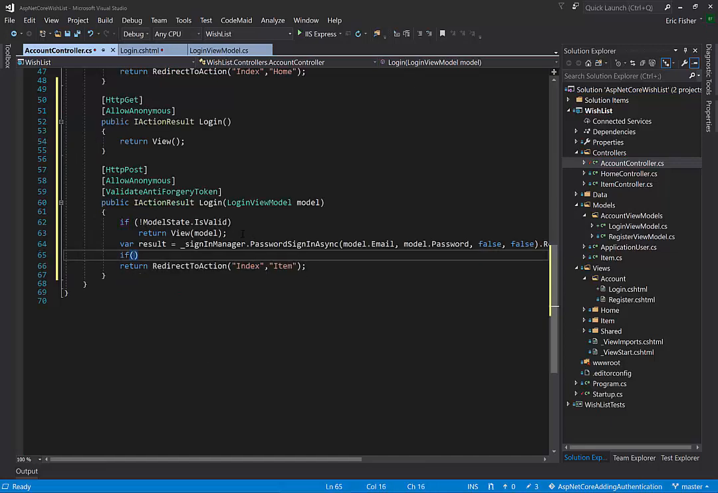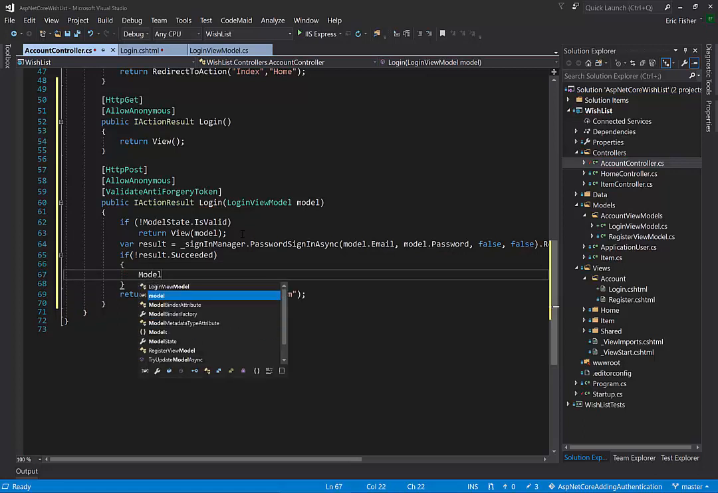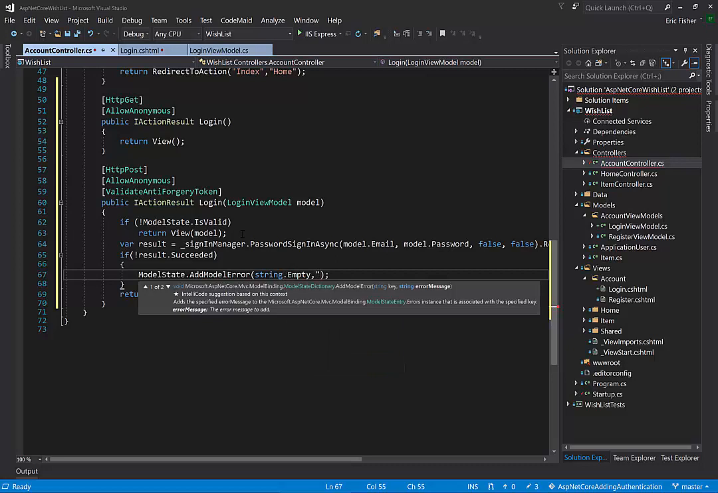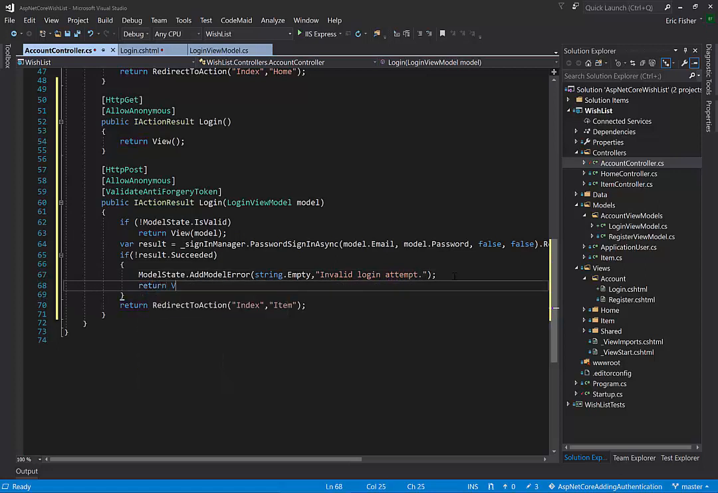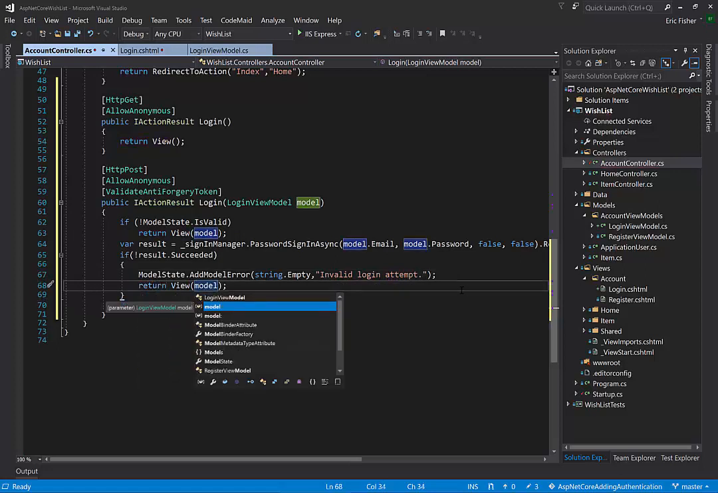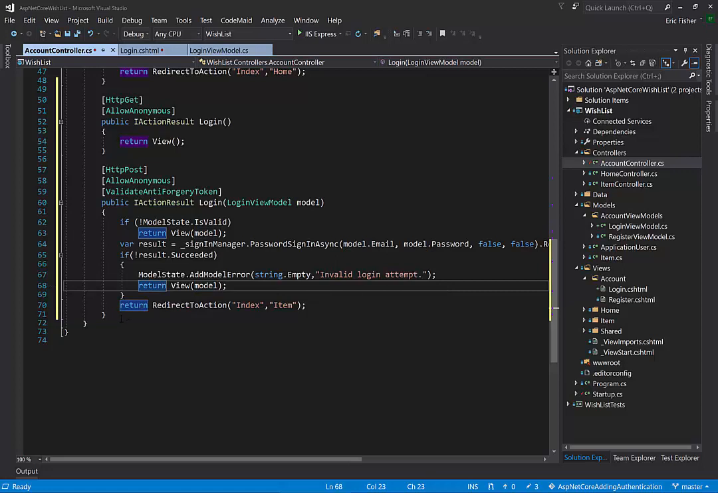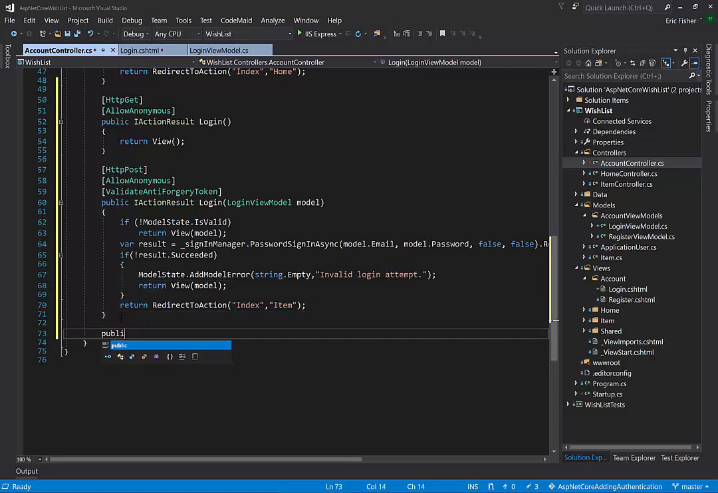In the event result.Succeeded is not true, we will call AddModelError off of ModelState and provide it a key of string.Empty and an error message of "Invalid login attempt", and then return the view with the model provided in our parameter. And finally, we're going to create another public action with a return type of IActionResult, this time named Logout,